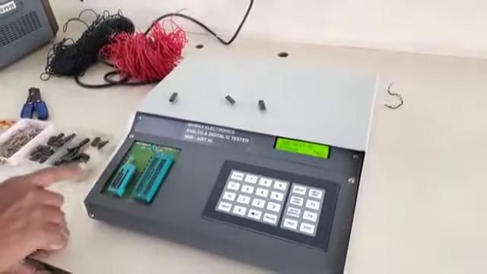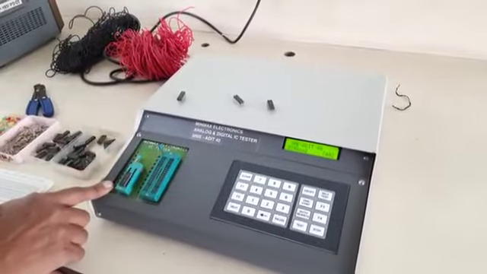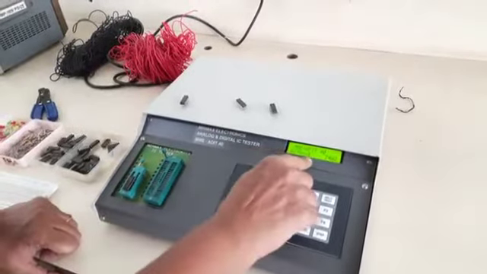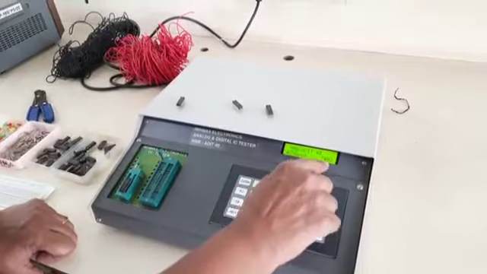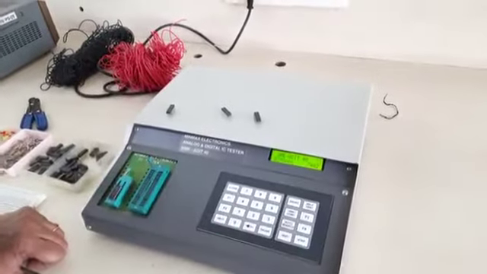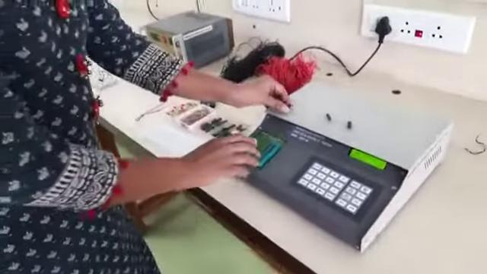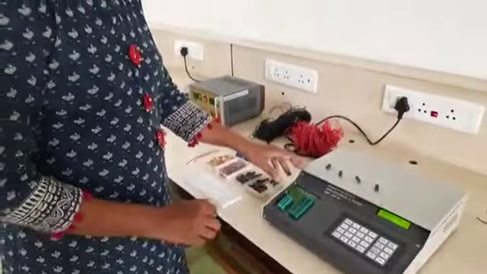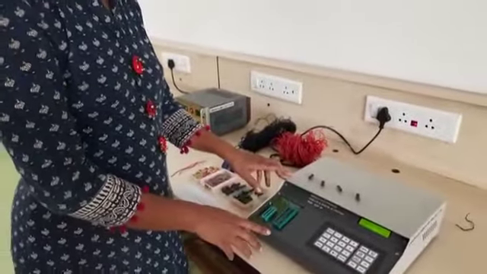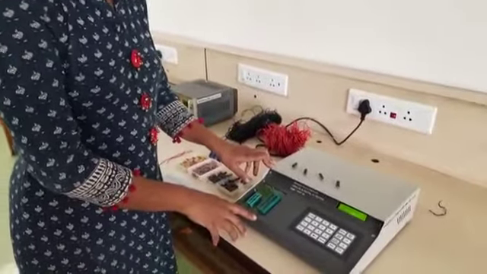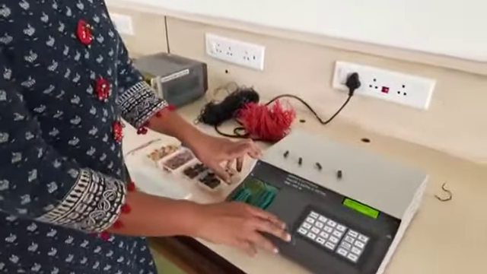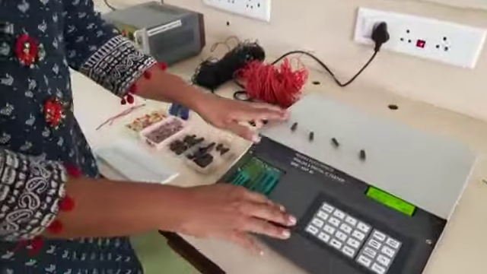So as you see the indicator buzzer is not on and the IC is good, 7402, that is, the IC is good. So like this we can test the different ICs on this IC tester.